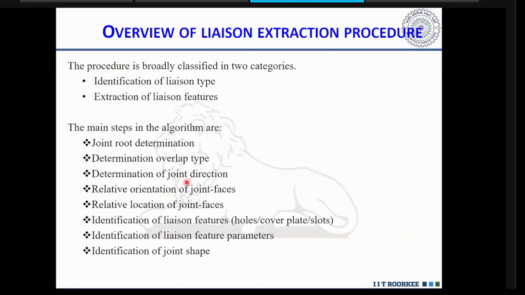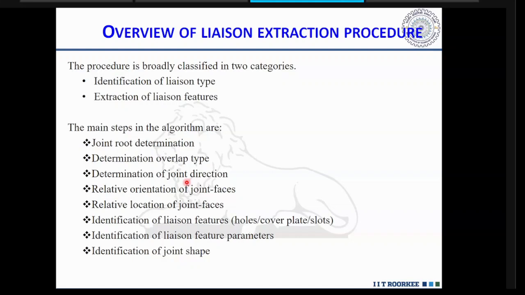If I combine all those things, then we have joint determination, determination of overlap type, determination of joint directions, relative orientation of the joint faces, relative location of the joint faces, identification of the lesion features such as hole, cover plate, slots,